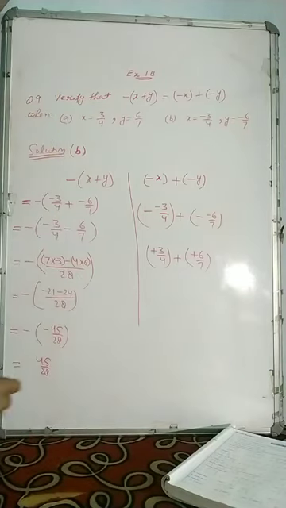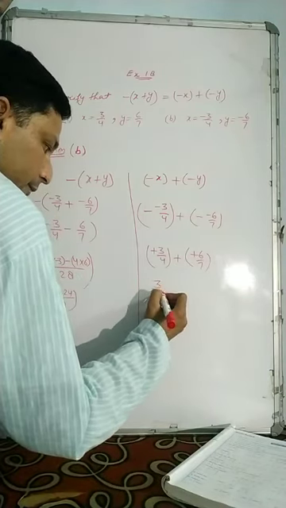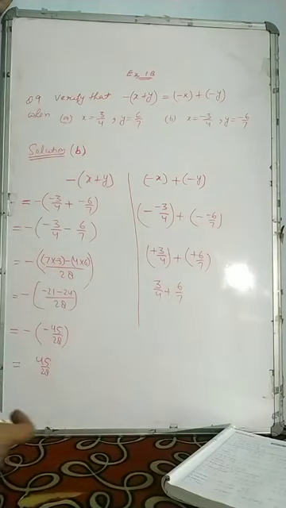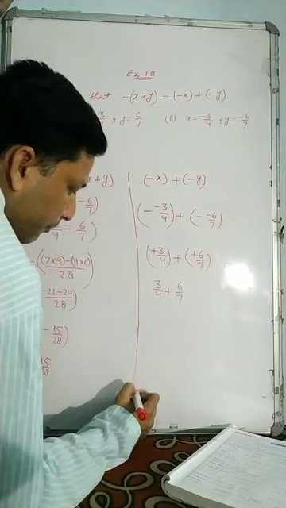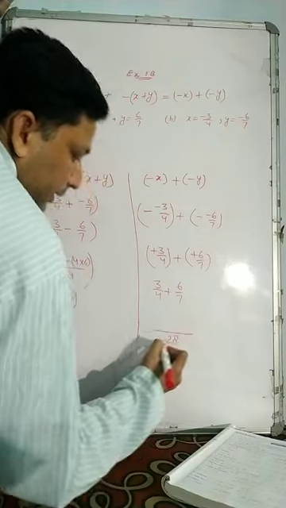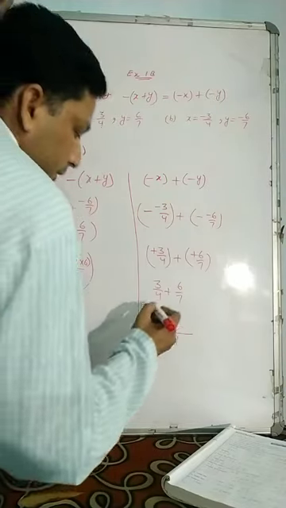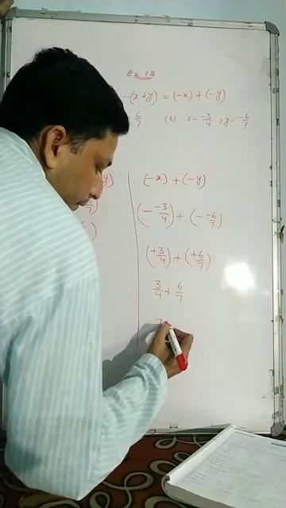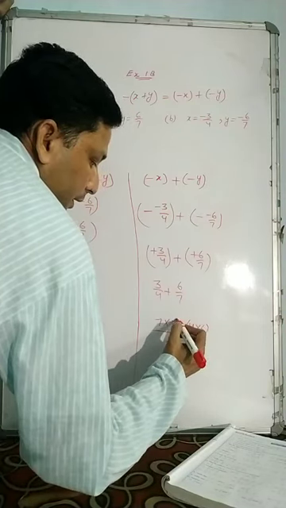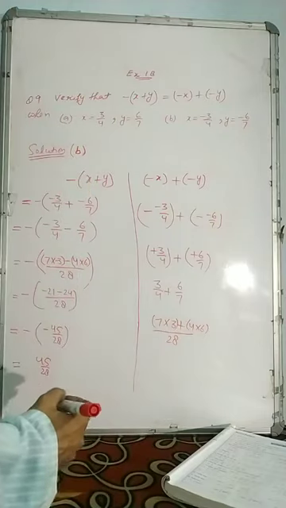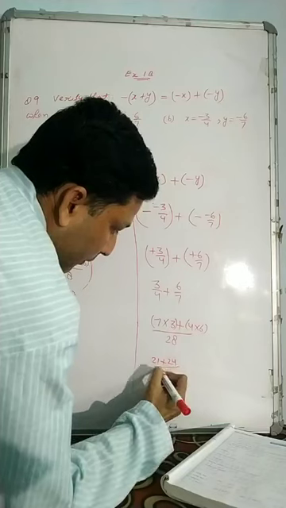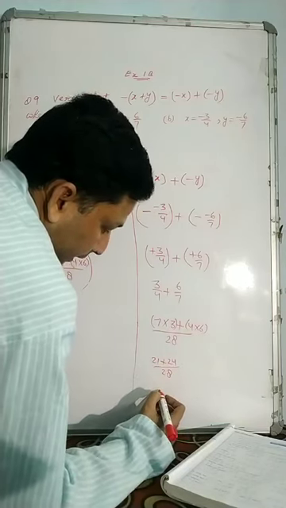In the next step we will open the bracket. Here we get 3 upon 4 plus 6 upon 7. Here you can see again there are different denominators, so we will take the LCM for converting into the same denominator, that is 28. In the table of 4 it will come 7 times, 7 into 3 plus 4 into 6, and after multiplying here we get 21 plus 24 upon 28,